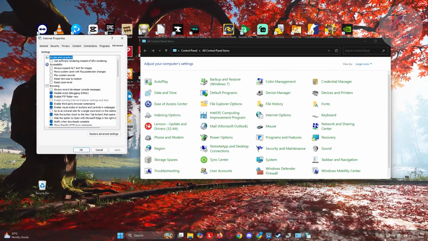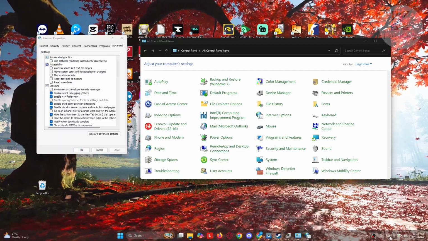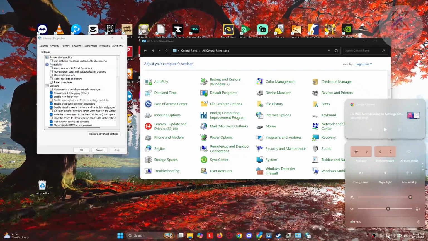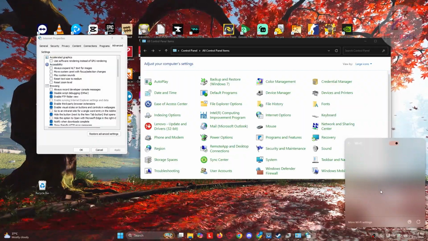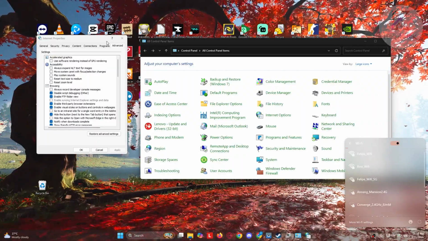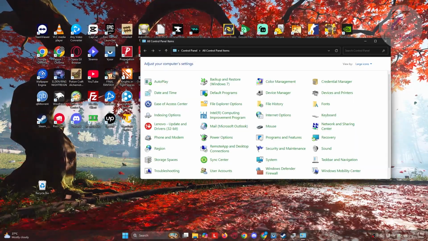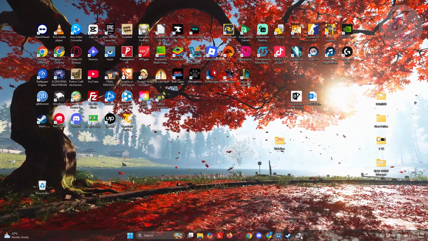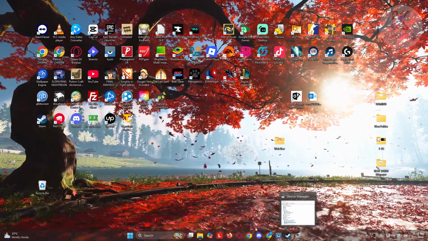So just in case it's actually disabled in your PC, typically at the bottom right here, you should see the option for Wi-Fi, and you should be able to start using your Wi-Fi, as you can see right now. So yeah, another thing that you may want to do here is you may want to re-enable your adapter. Sometimes they may be disabled. So in this case, you want to go ahead and go to